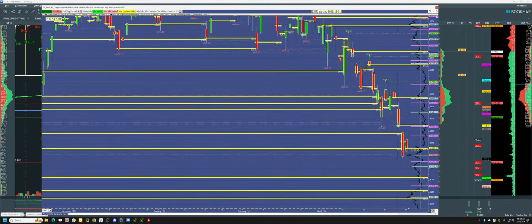This is today so far. You'll notice that we tested this. This was the reason for my longs to get in here to there. That would have been a sweet outcome, not so much. So now